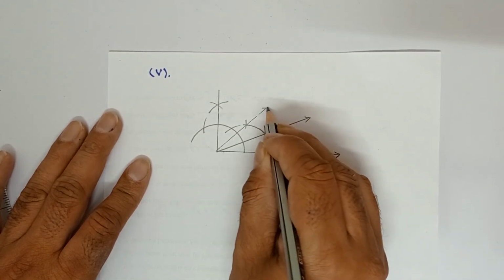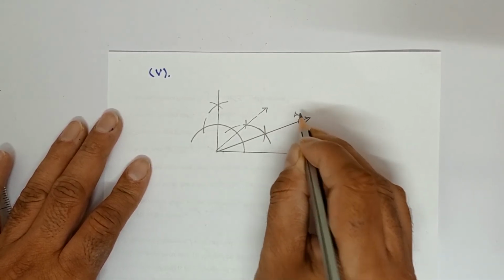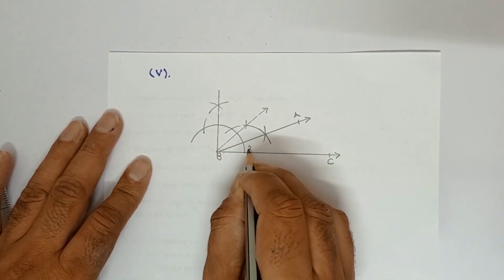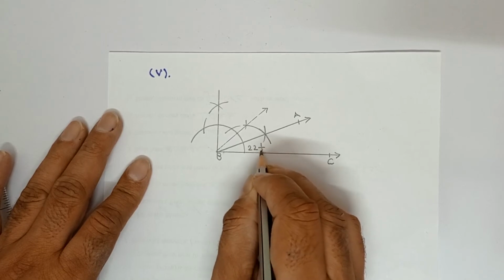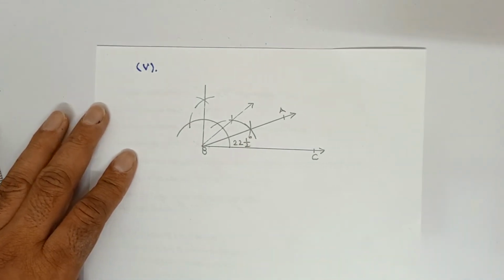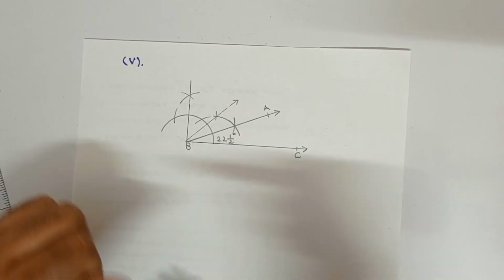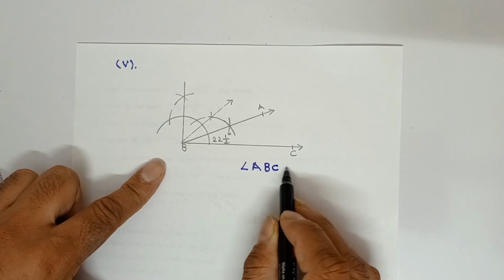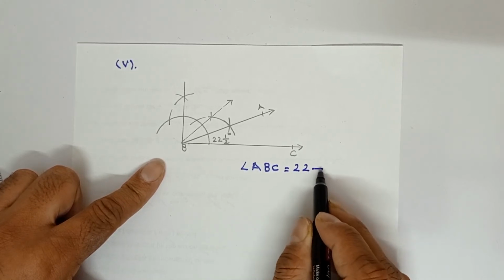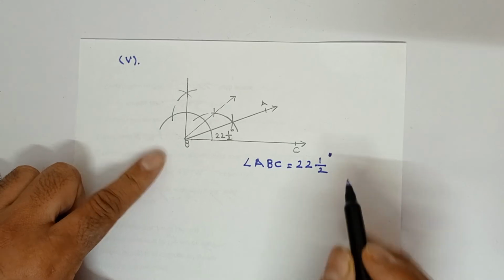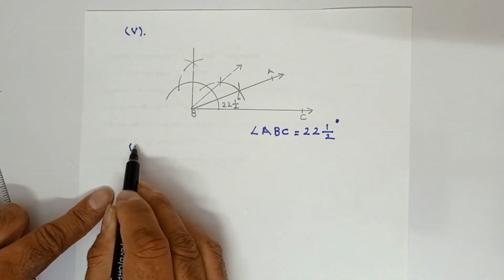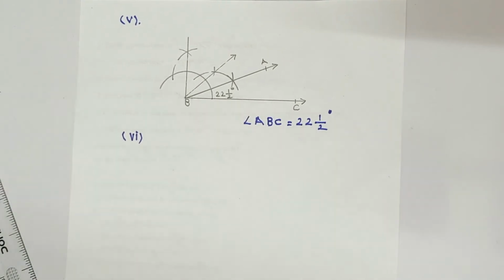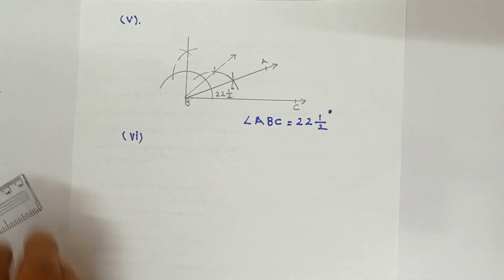This is arrow. This is arrow. Here you can write A point. Here you can write B point. This is point C. This is 22 and 1/2 degree, or you can say 22.5-degree. So name of the angle is again angle ABC. It is 22 and 1/2 degree. It is an acute angle, right? Part number 6 we will do now. That is of 150-degree, right? So for 150, let's start now.